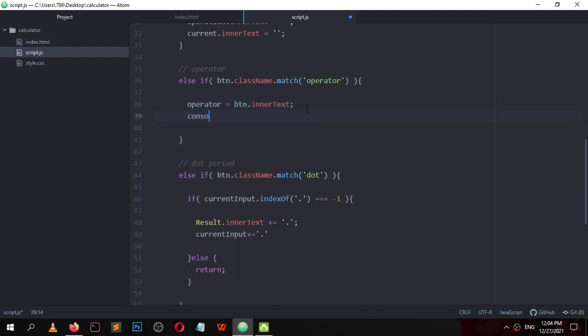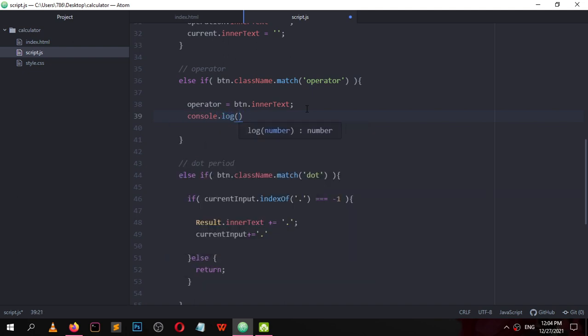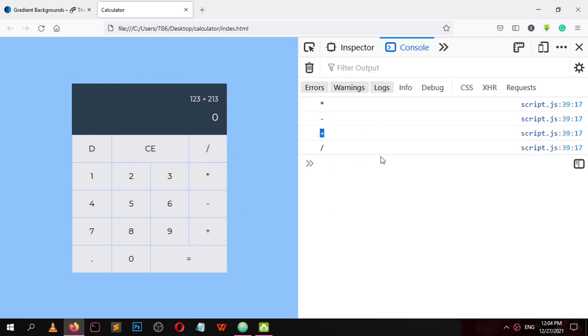Let me show you. console.log operator. Here we go. We have asterisk. Now we have this negative, this addition, and this subtraction.